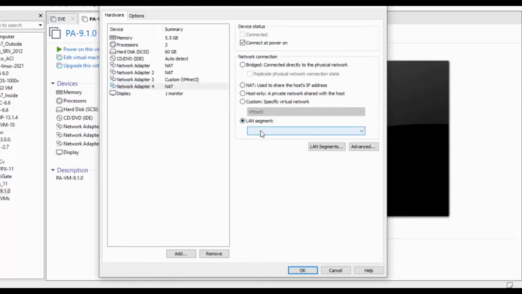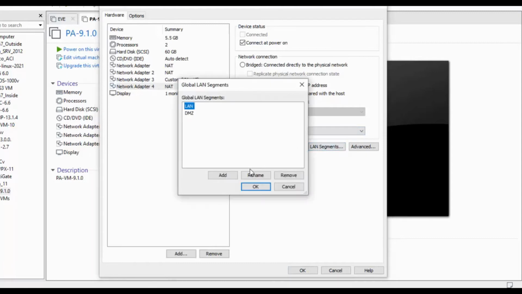I have created LAN and DMZ segments earlier. If you want to add one more LAN segment, you can click on LAN segments and click add, and mention it as DMZ2. Click on add, click on OK.